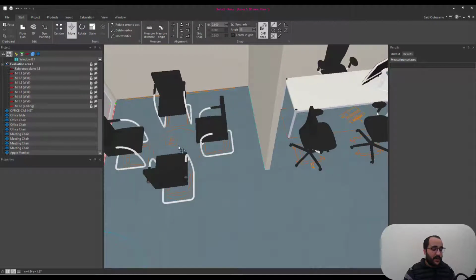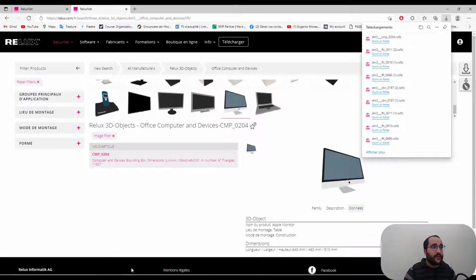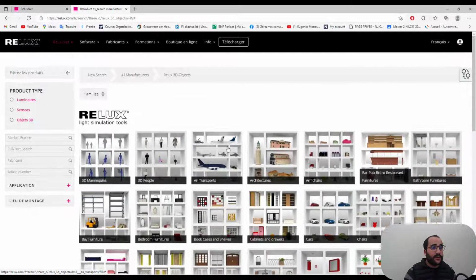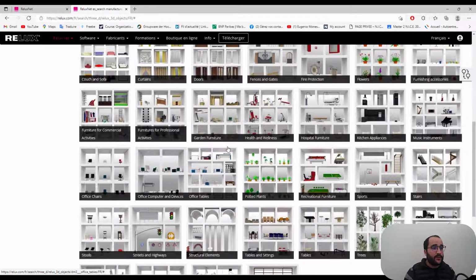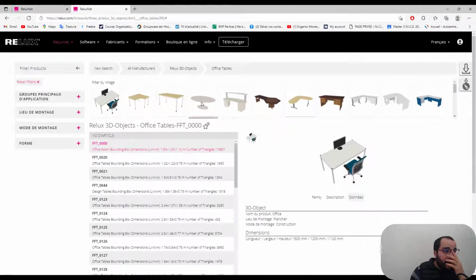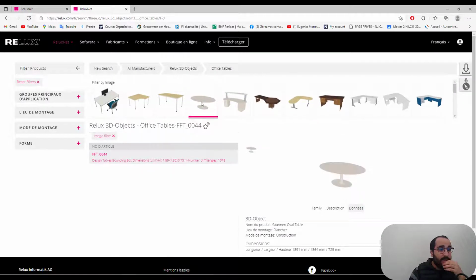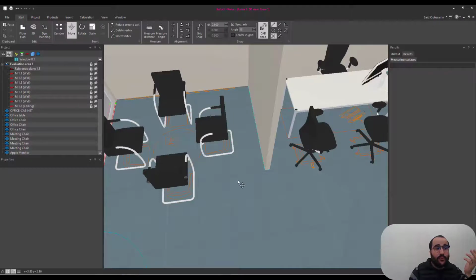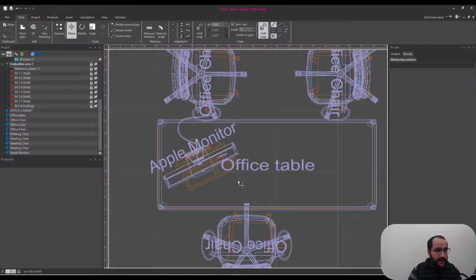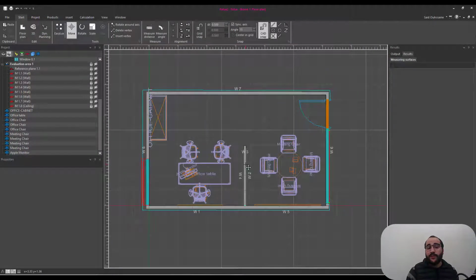For us to have this table, as I told you, it's a bit complicated to have round tables inside Relux. So office tables here, for example, this one is not round actually. So there is a great tool inside Relux that would save you a lot of time